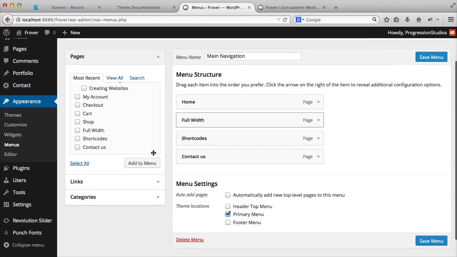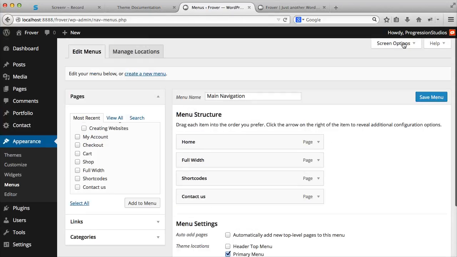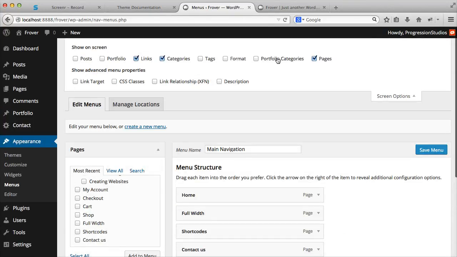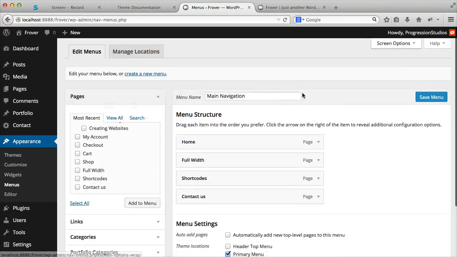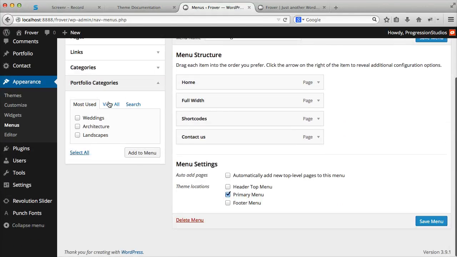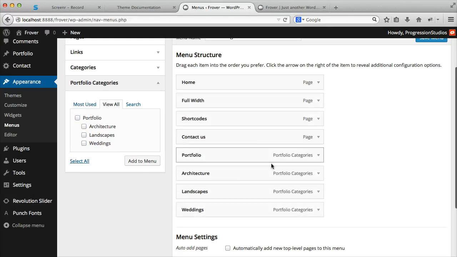And if you want to have portfolio as an option, under Screen Options, you'll need to set that up by clicking on portfolio categories. Then they'll show up down here. So for instance, if you wanted to link, like in our live preview, to all the portfolio options, you can